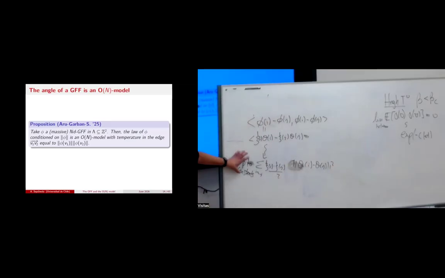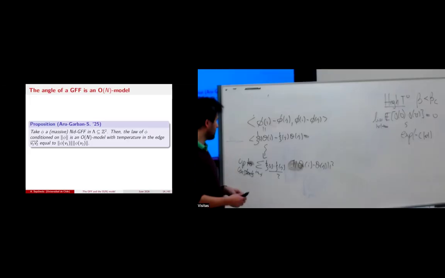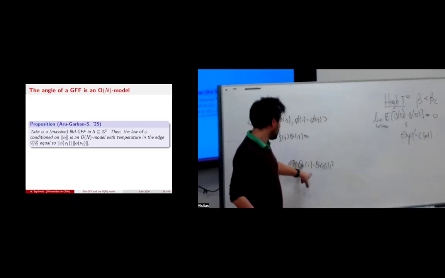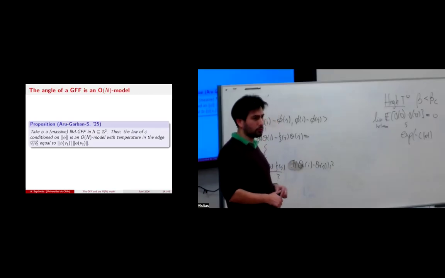Of course you just care up to constants because you are taking the exponential of this and taking proportionality. It's the classical thing in which you only care about things that depend on theta, not things that depend on chi. So you have an XY model,